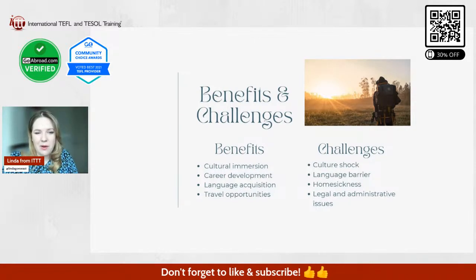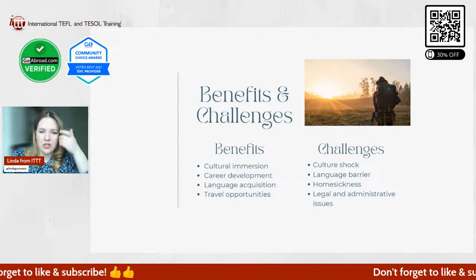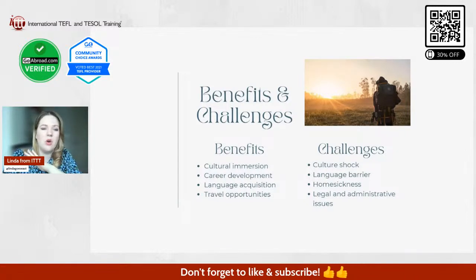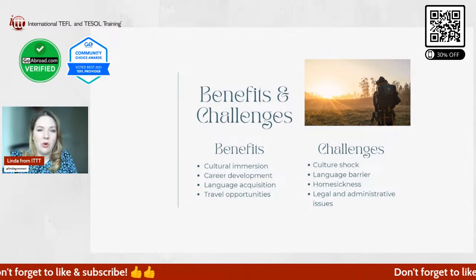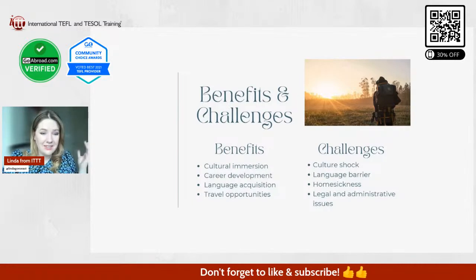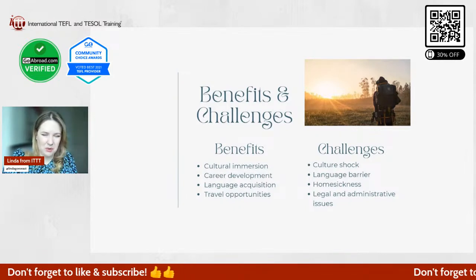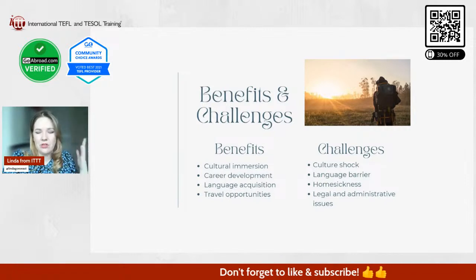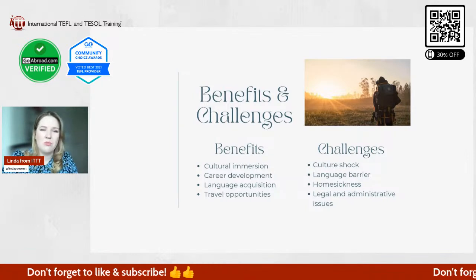Also, again, language barrier. We talked about a benefit being the language acquisition, that you learn a new language, but certainly if you arrive in a new country and you don't know anything of the language, it can also be obviously a language barrier, especially if you are in a country where English is not widely spoken at all. So I do recommend, if you're sure, hey, I want to go to Korea, I want to go to Vietnam, wherever it is, do a small language course.